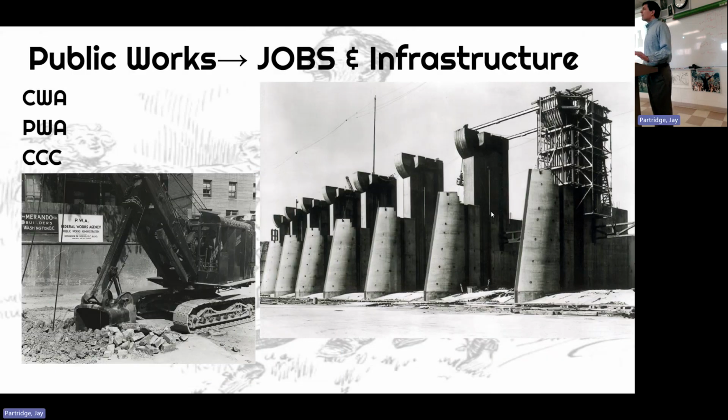Next, the public works. This was to provide jobs and build infrastructure. There were three relatively small programs: the CCC we've mentioned, and then the PWA and the CWA, Public Works Administration, Civil Works Administration. You're not going to need all the details. They are on this chart. But the big thing is this was an effort to build roads, bridges, parks, and dams, like the Grand Coulee Dam being constructed right there, the biggest dam in the United States. They would also start working on Fort Peck, but that would be under the bigger program.